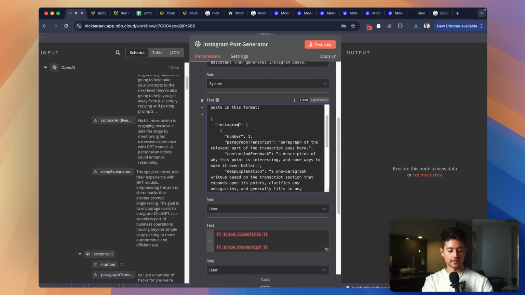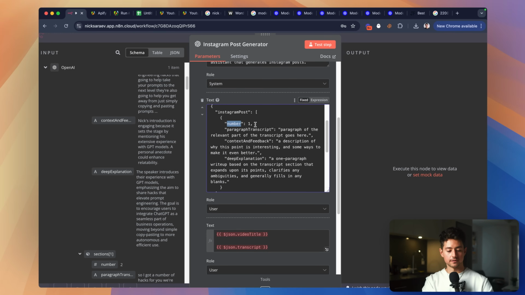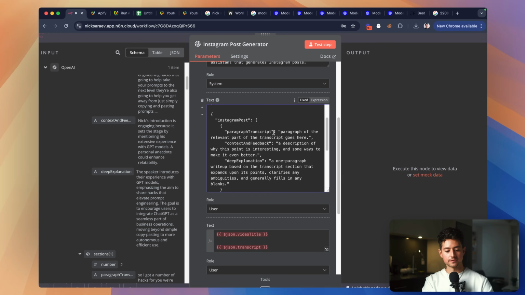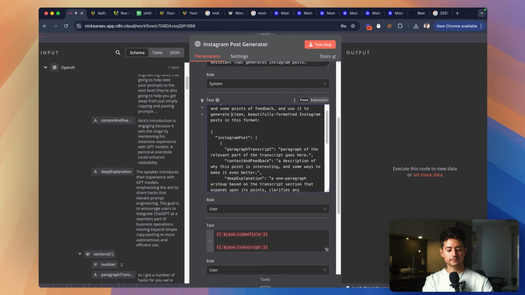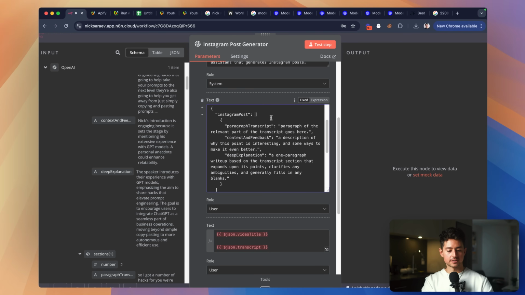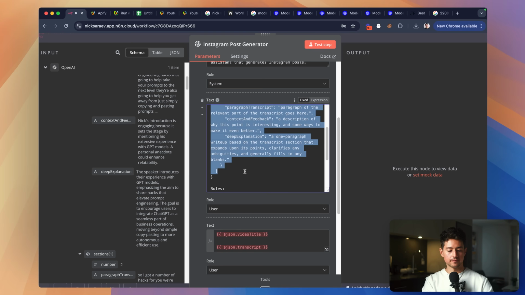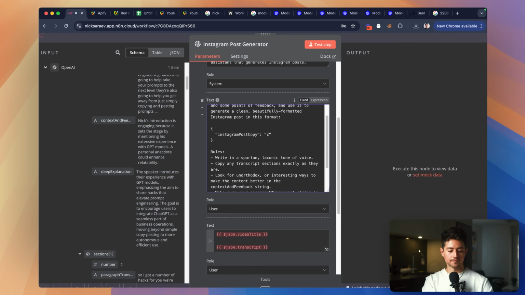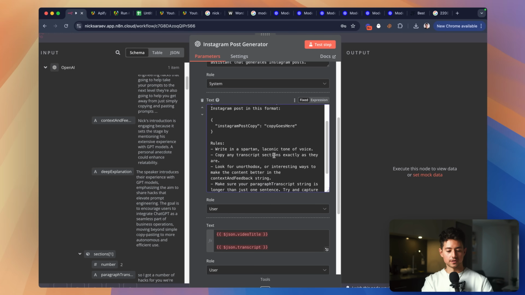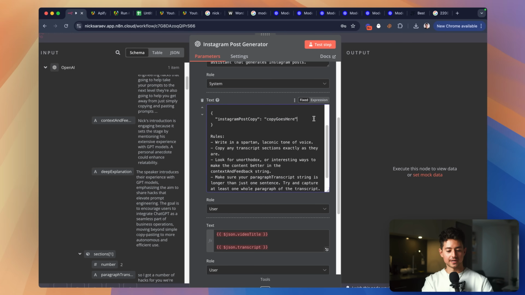We will do Instagram post. We're only going to do one post, a clean, beautifully formatted Instagram post in this format. Since it's just one, I think we can actually just go Instagram post copy. Then we'll go copy goes here. Then I will take this and maybe we'll generate an image with this as well and